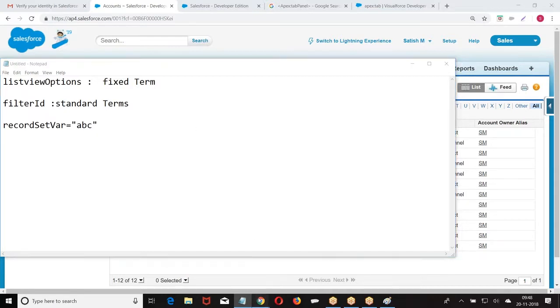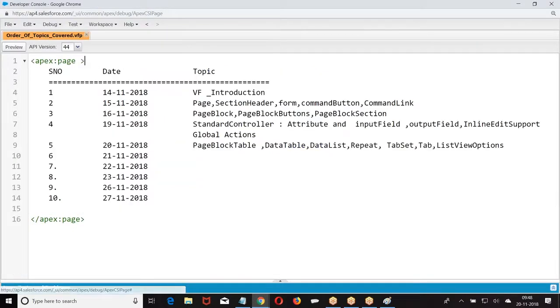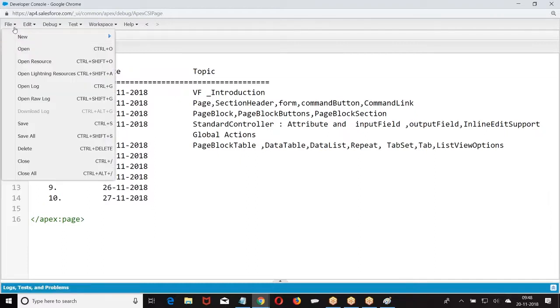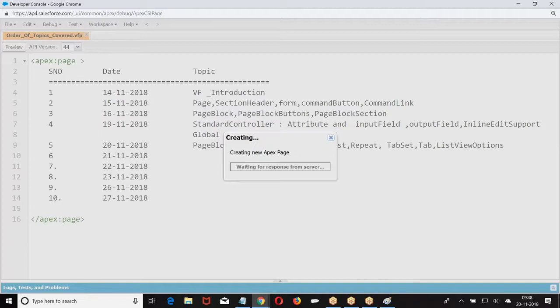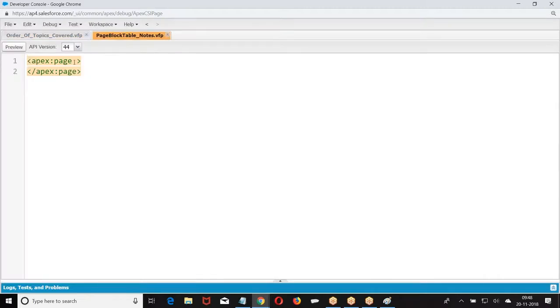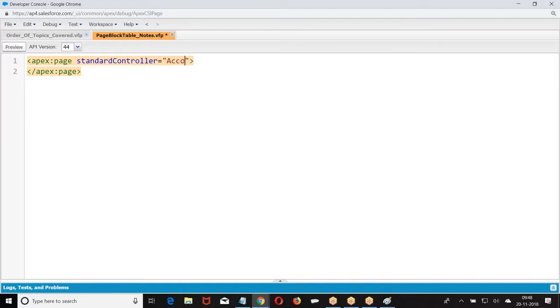Now listen carefully. Any query at this point? No? Your queries will be only advanced. How are we referring? Standard controller account. What does it mean? Referring to the object called account.